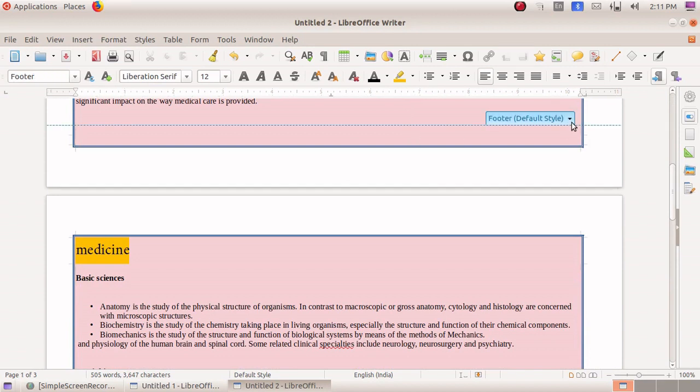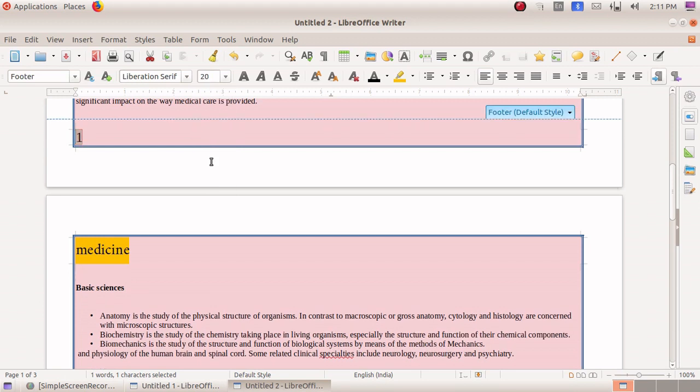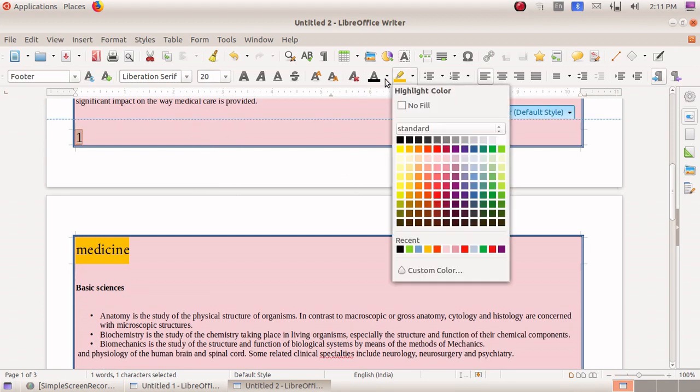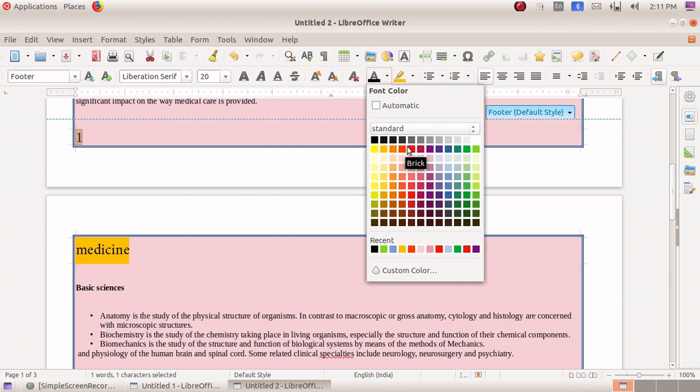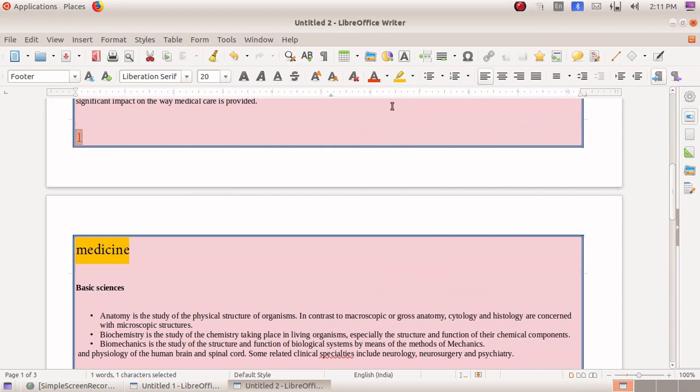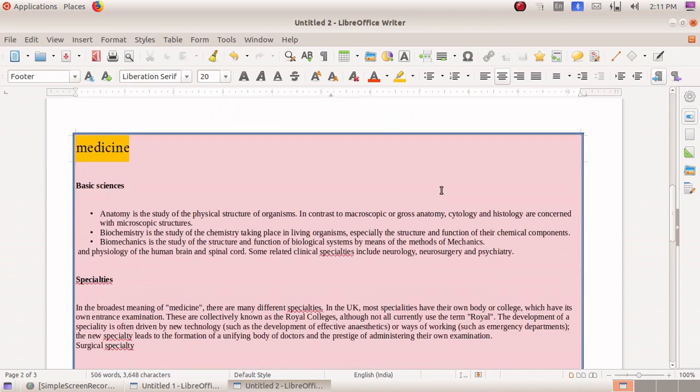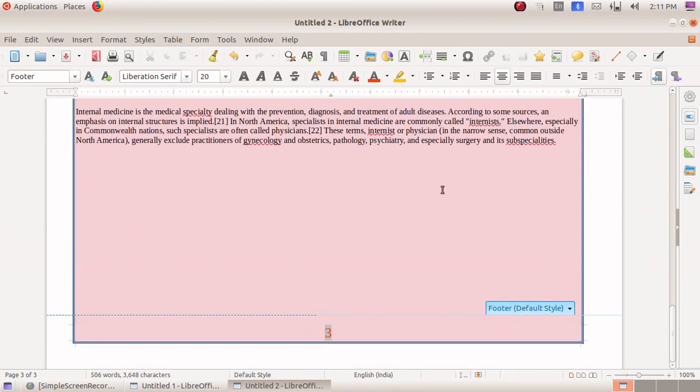Double click, just choose a page number, just increase its size, and if you need to change the color, here, font color, apply it. If you need to align it, again click on here and press center or left or right, like this. So now I am applying the option send. Okay, automatically the page will be numbered.